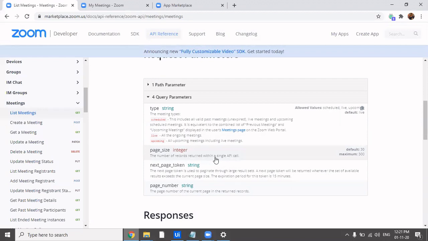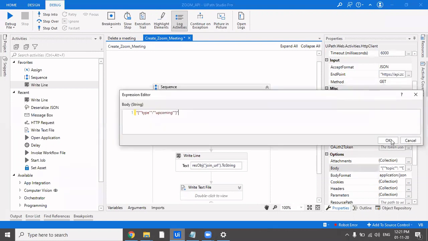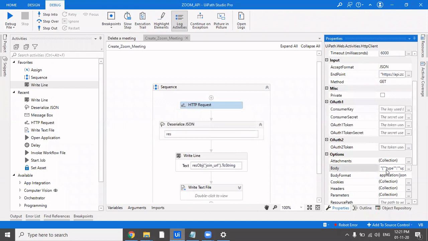We have to pass page size. The default is also there, so we need not pass it. So let's just leave this much and see if it works or not. If it doesn't work, then we'll come and check what's the issue. As of now, we'll just pass the type as upcoming.